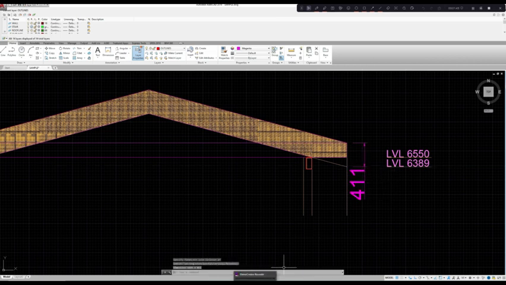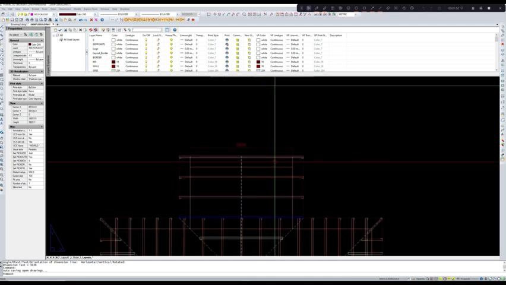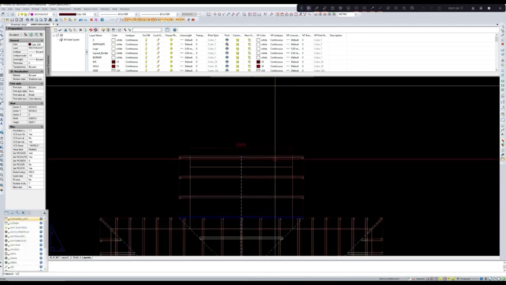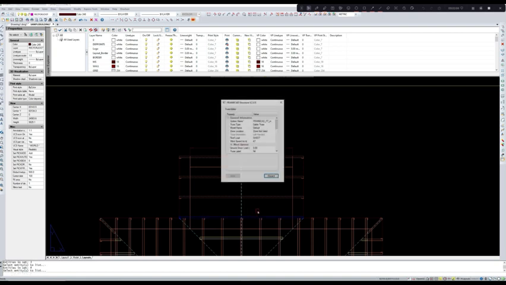So let us go to the frame cut file, list all these truss 1, 2, 3, 4. Pitch information, ceiling pitch we enter 15,